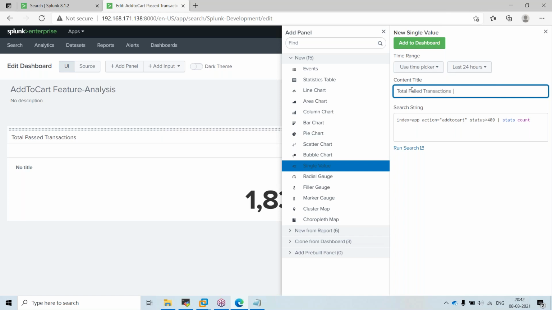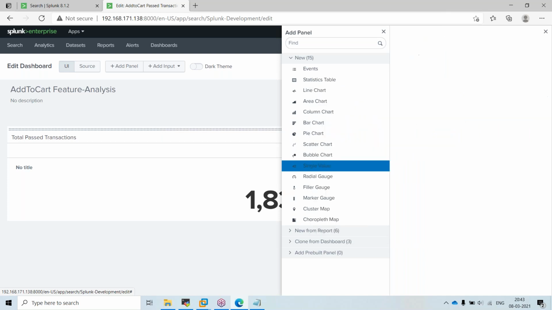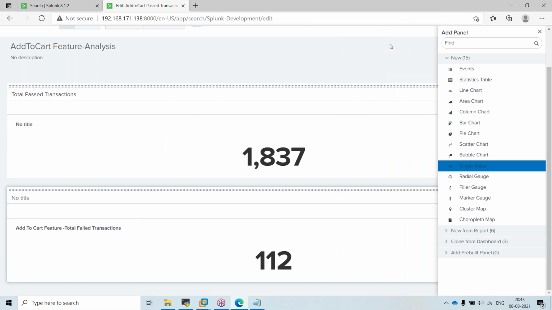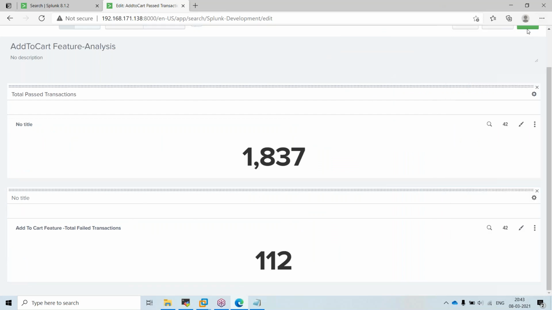Total failed transactions. I have to select all time here, add to dashboard and click on save.